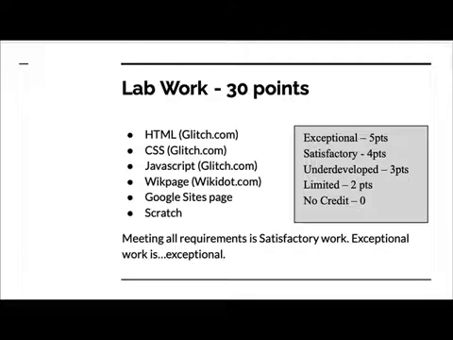So aside from our readings, we're going to have lab work. So we're going to be using a couple of different websites. One of them is glitch.com. So Glitch will allow us to create HTML pages, which are web pages. We'll use CSS, which is a cascading style sheet, which allows us to change our background and have a more uniform and better looking website. We'll use some basic JavaScript in Glitch also, which is going to be making interactive buttons and so forth, so